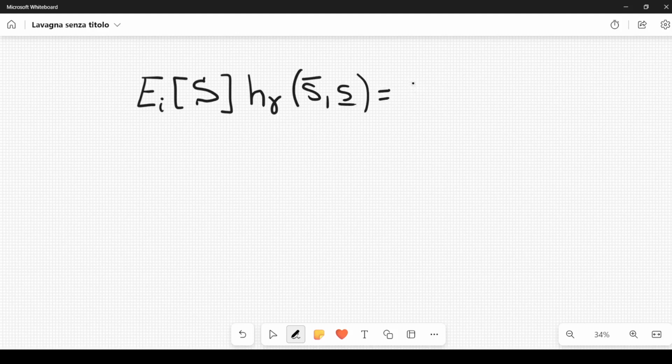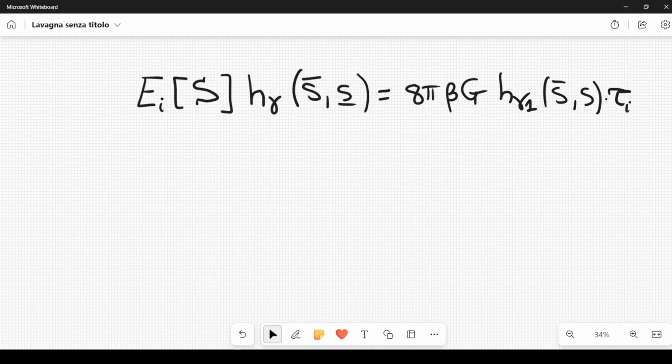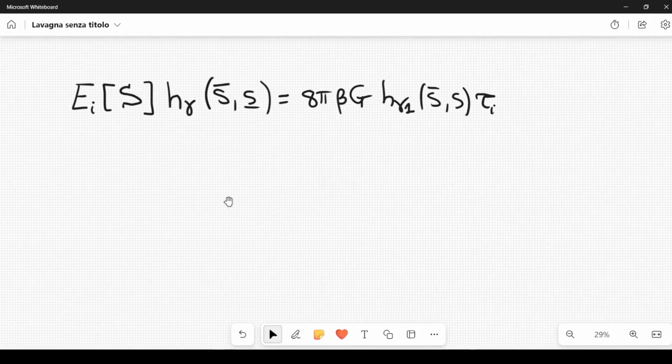is equal to 8πβG, H_γ1 (S overlined, S), then we have τ_I, and then we have H_γ2 (S, S underlined),